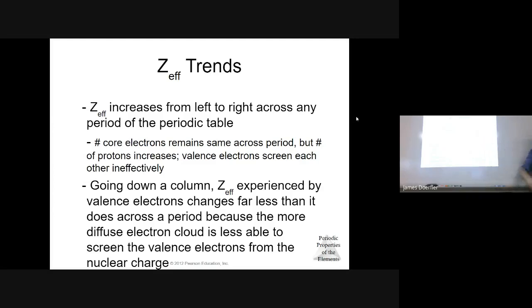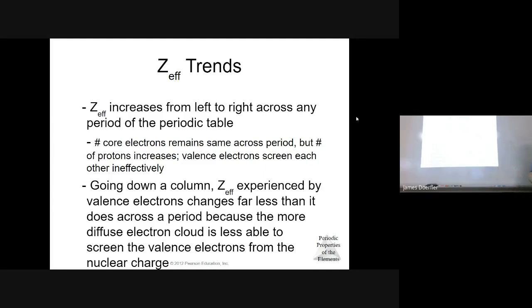And again, as we go left to right, those core electrons cannot shield those valence electrons very effectively because they're starting to get outnumbered. And so we're going to start seeing atoms shrink and become smaller as we go across the table. We'll talk about that tomorrow. Going down from top to bottom of a column,